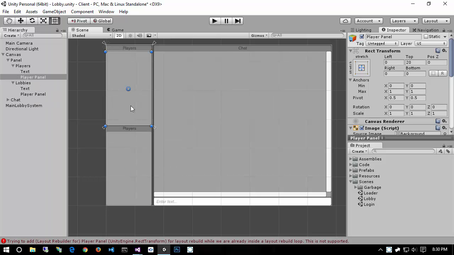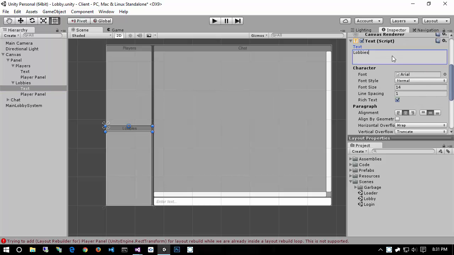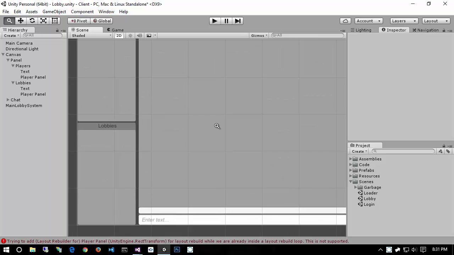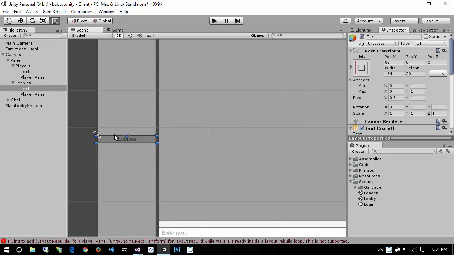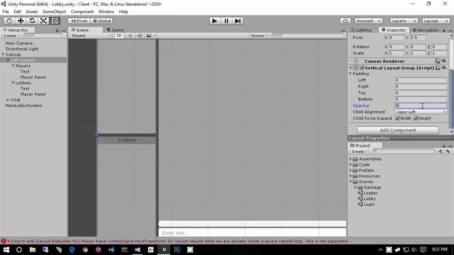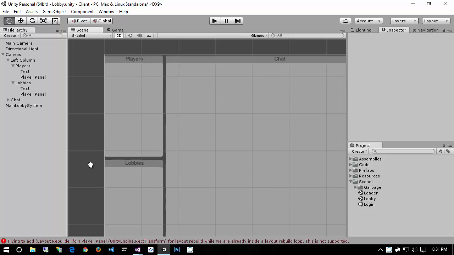If stuff starts to mess up because of items being added or removed, we can of course go in and change the layout element as well, but I'm not too worried about that. For this, let's change the text here to say lobby. So actually what we're going to be doing is creating two of these panels. On this panel, I'll rename it left column. Then I'll jump down here and give it a spacing of maybe 5 pixels, so it's consistent with the 5-pixel margin we have over there. Okay, so now that we have that all